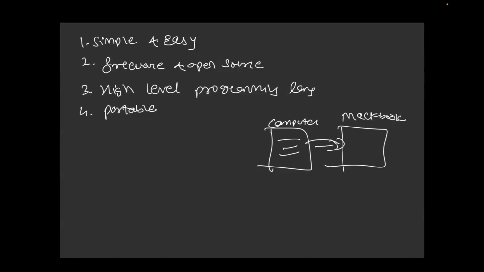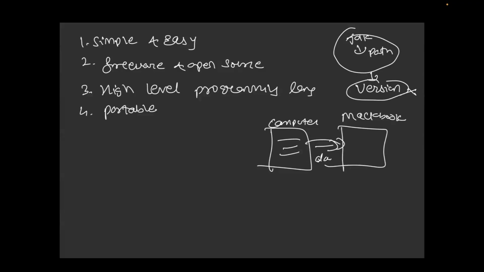You don't need to download any other software other than Python. In Java, what happens is you need to download the JDK. You need to configure the JDK in your path. You need to do all these setups, and then on top of that, the version issues will start coming. Version problems will start coming. In Python, if you just install the right version, the whole problem is sorted. There is no other problem you will be facing.